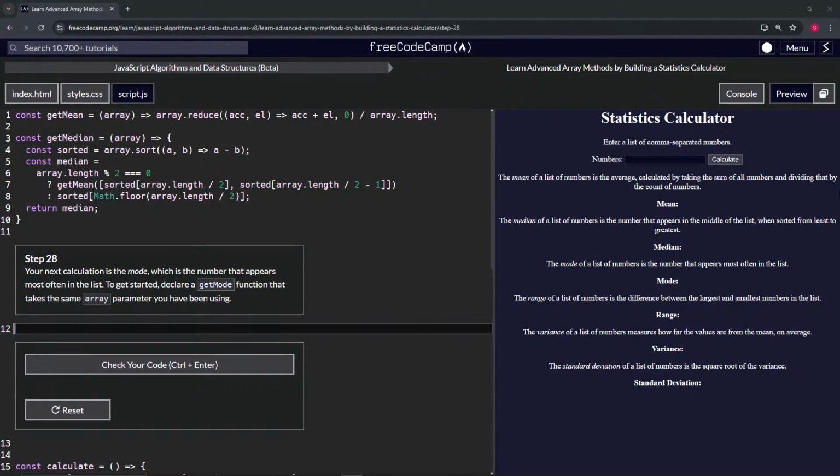All right. So here we are back on step 28 of the Learn Advanced Array Methods by Building a Statistics Calculator course. All right. So our next calculation is the mode, which is the number that appears most often in the list. To get started, we're going to declare a getMode function that takes the same array parameter that we've been